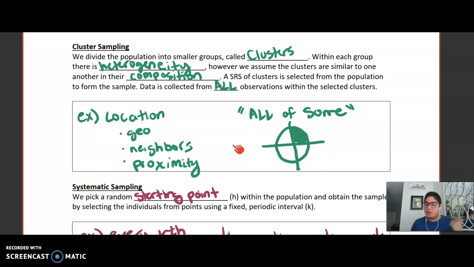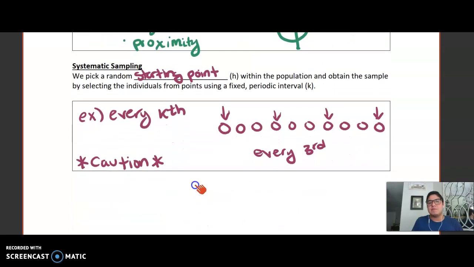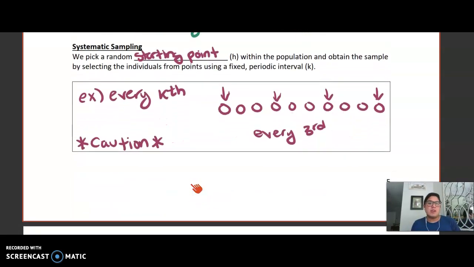So we have stratified, we have clusters, and now the other type is a systematic type of sample. Here we pick a random starting point, which we call h, within the population, and here we obtain the sample by selecting individuals from points using a fixed periodic interval. We select every kth person. So here, if I assume I'm starting at the first person, and then I'm going to select every third person,